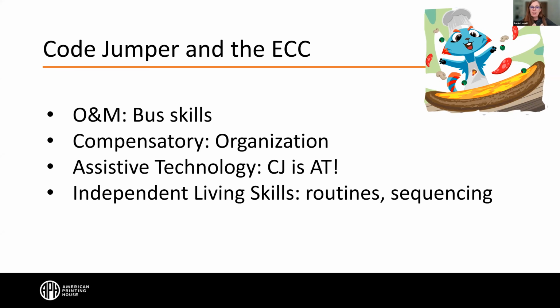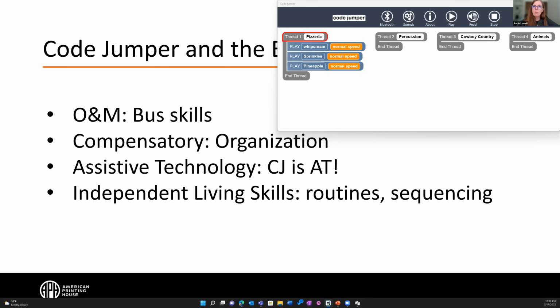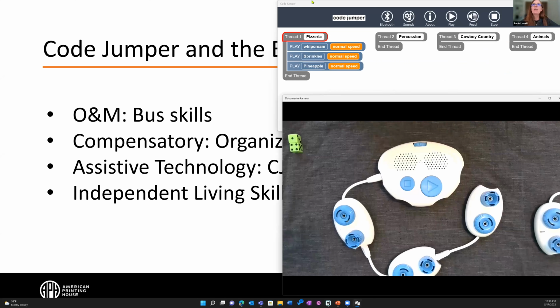So let's actually look at a program. I created a program around independent living skills, and I thought about what I wanted to do. Our theme for today is food, if you haven't noticed. So what we are going to do is go through the sequencing and algorithm of how to make pasta. I'm going to change my screen for a minute, and go back to CodeJumper and look at what that would look like.